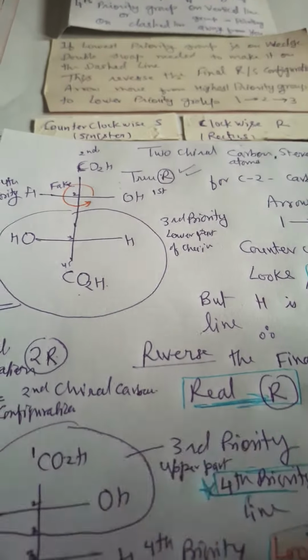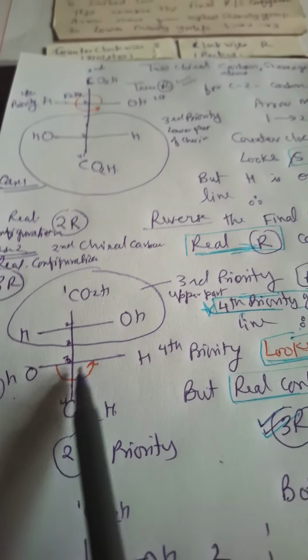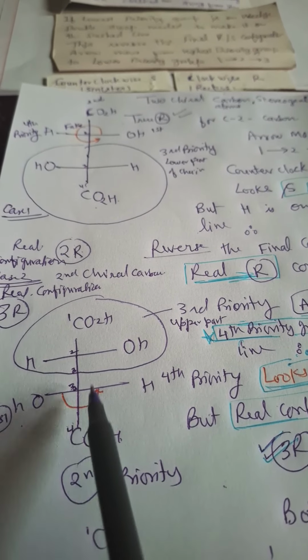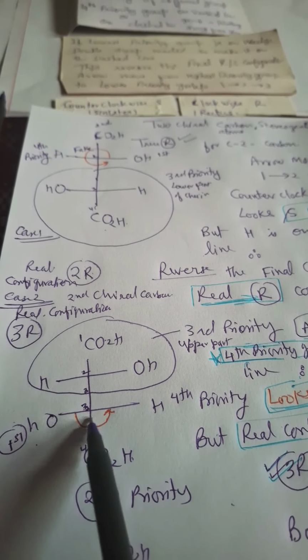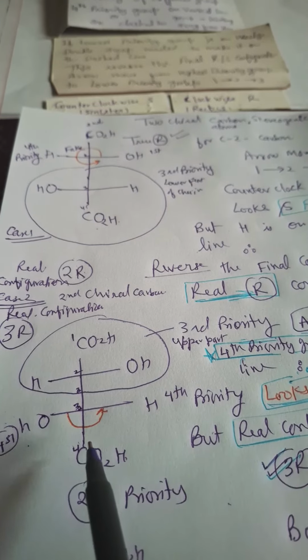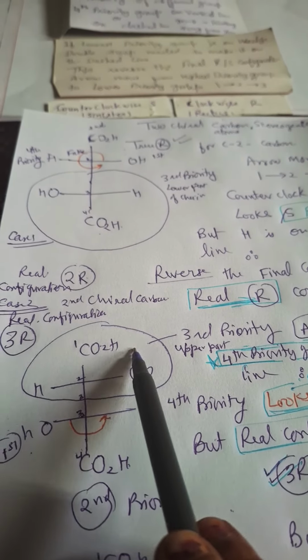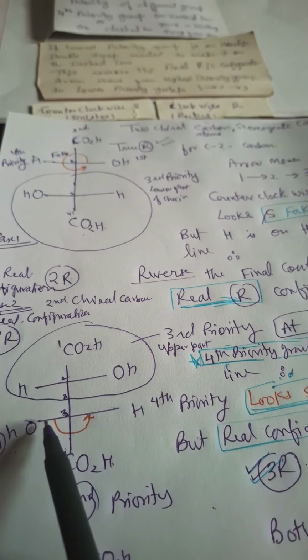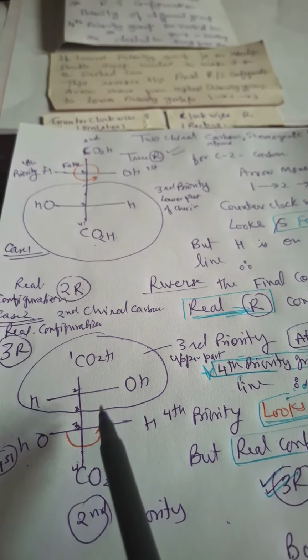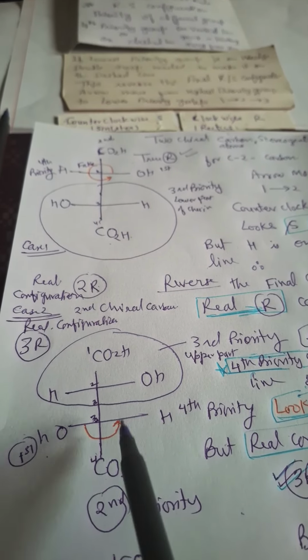Like that we will go for the last one. So this is the second chiral carbon, carbon number 3. This is first priority, this is second priority, and the top one is the third priority. So it looks like S configuration, but here also it is R configuration. So we are